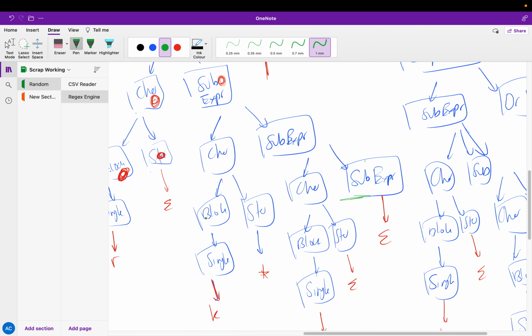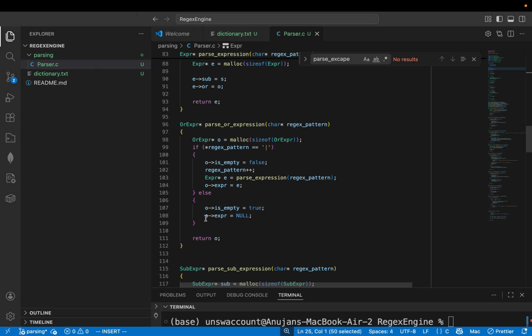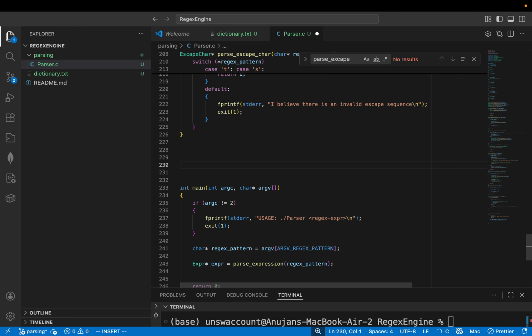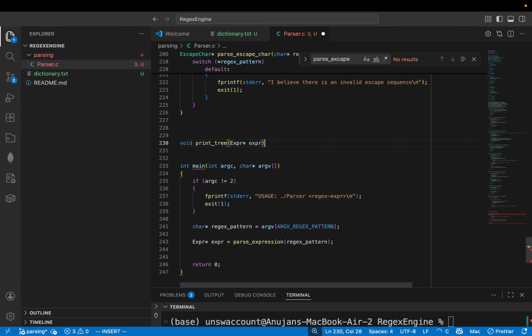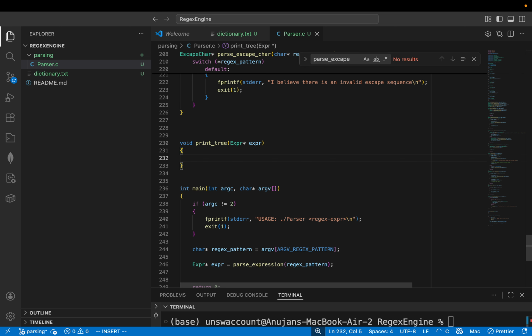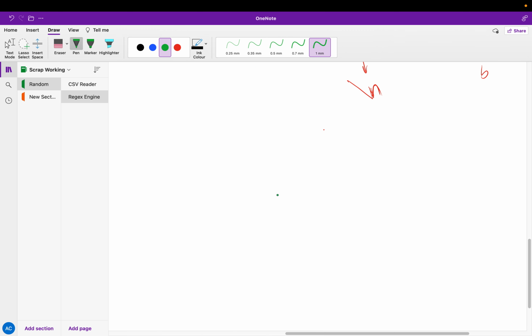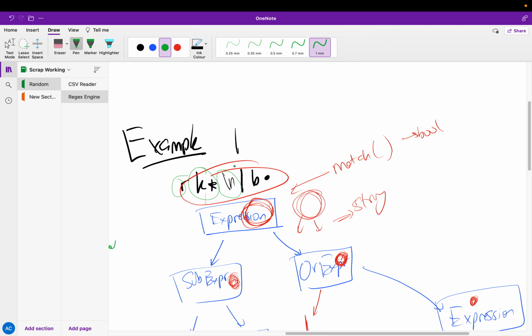So, what's a good way of doing this? I could make a print function. Void print the tree given an expression pointer. Okay, so printing stuff is very fun, isn't it? Given this tree, which I hope is correct, I will have this guy, and I'll ask, okay,